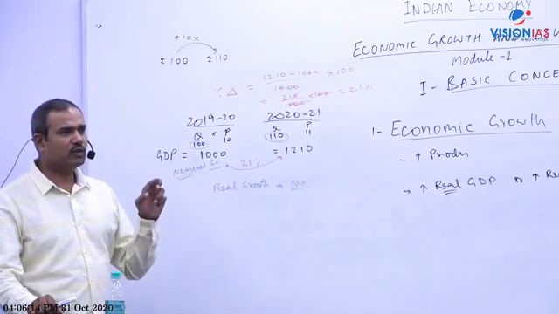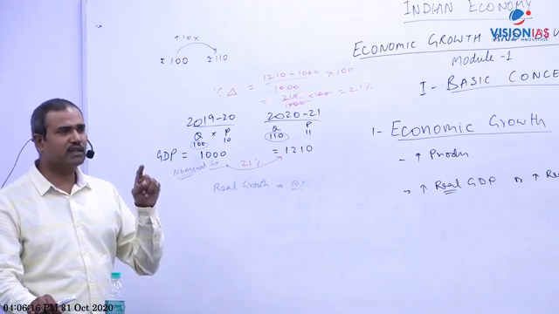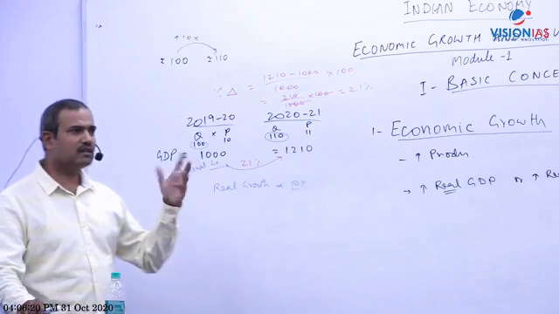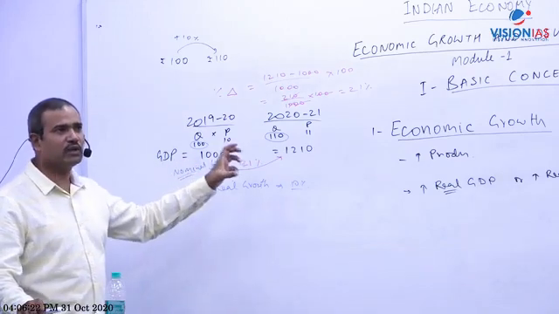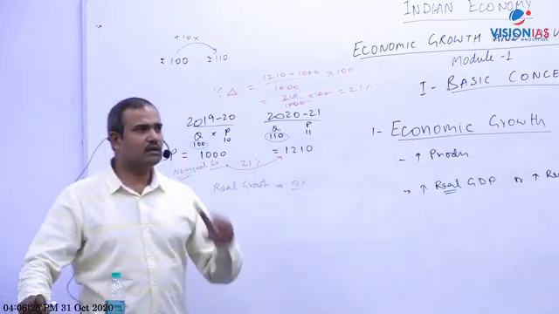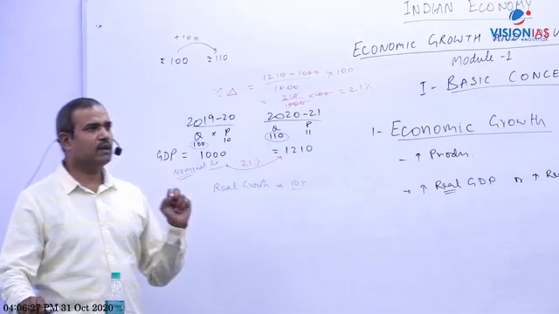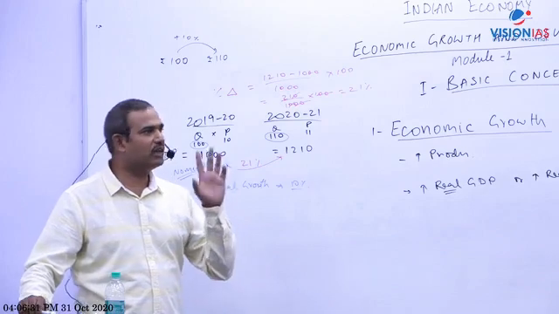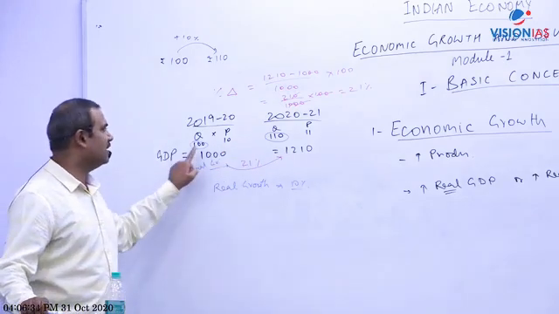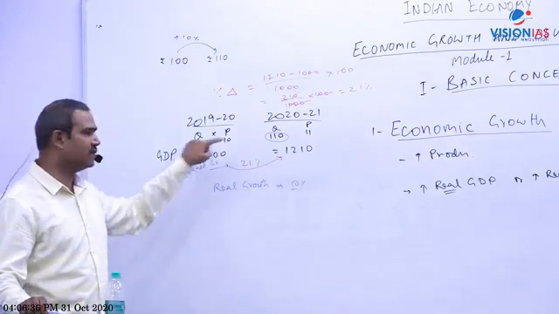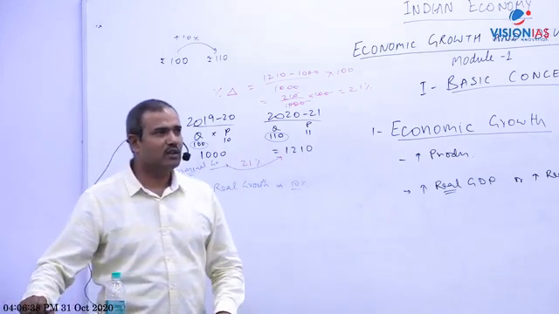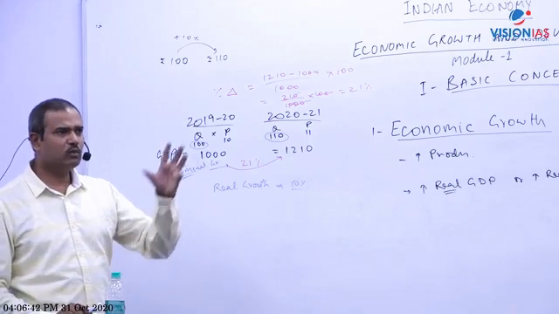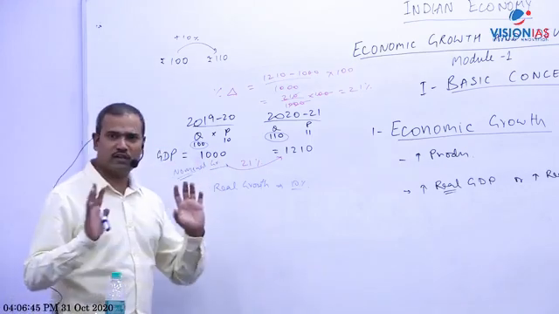Pratik, you have given growth of quantity and price increased by 21%. Yes, that is nominal. Money value increased by this. Then Palak, you said it will be 11% because there is change in price. Not 11, 10%. 100 to 110 is 10%. Base is this, 10% growth. Sneha also. Most of you have given 10%. I think most of you have understood this concept.